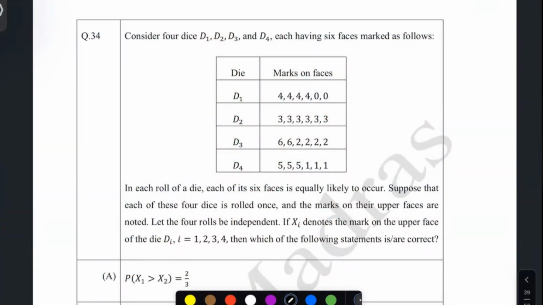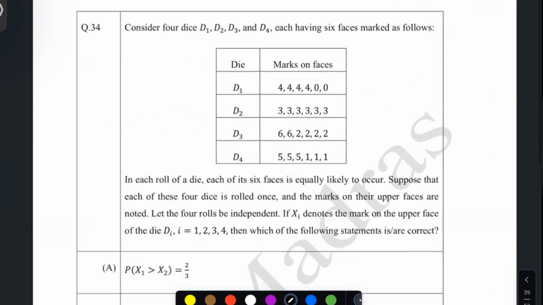So let's consider these four dice, D1, D2, D3, D4, each having six faces. This is not a normal die. This is IIT MS 2024, problem number 34. The six faces: the first one has four 4s and two 0s. The second one has all six faces 3. The third one has two 6s and four 2s, and the fourth one has three 5s and